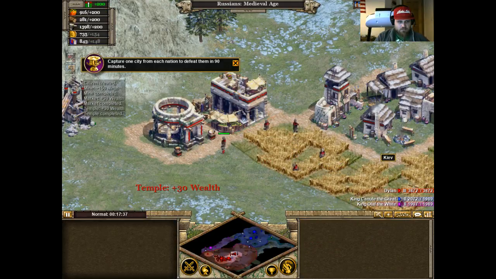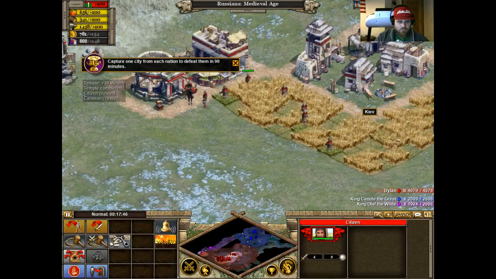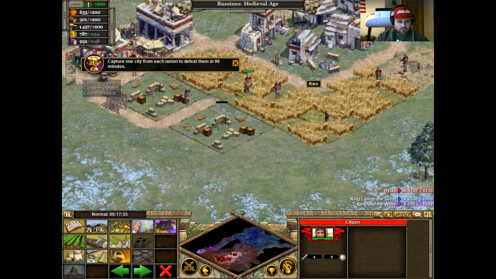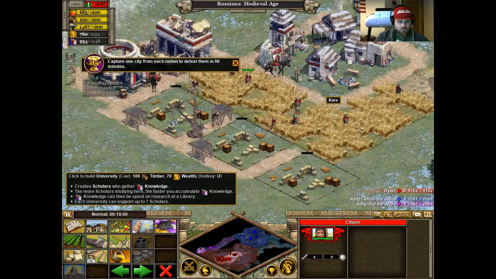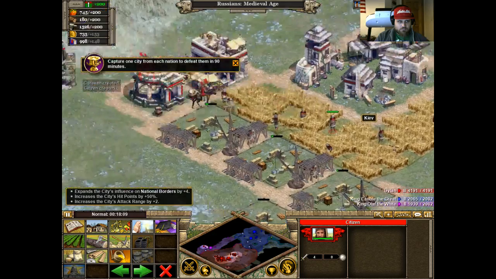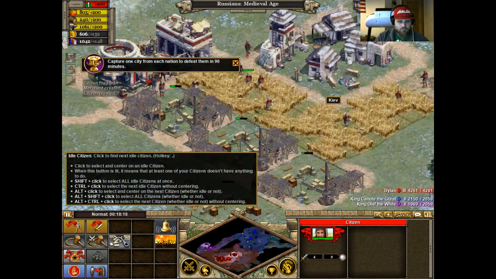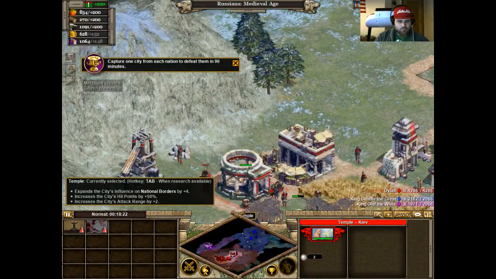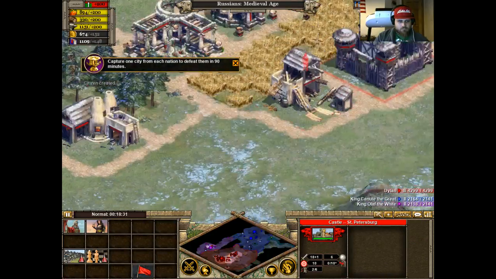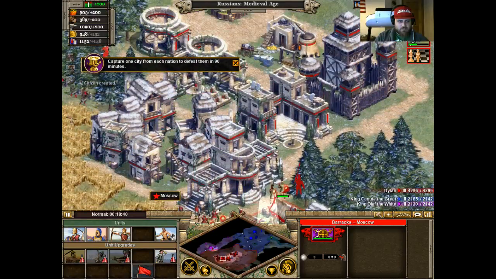Two caravans and one new merchant. Build supports. And build university. They already have a temple. Okay, build your fortress. Okay, upgrade fortifications and tactics. Still can't upgrade troops yet because we don't have...